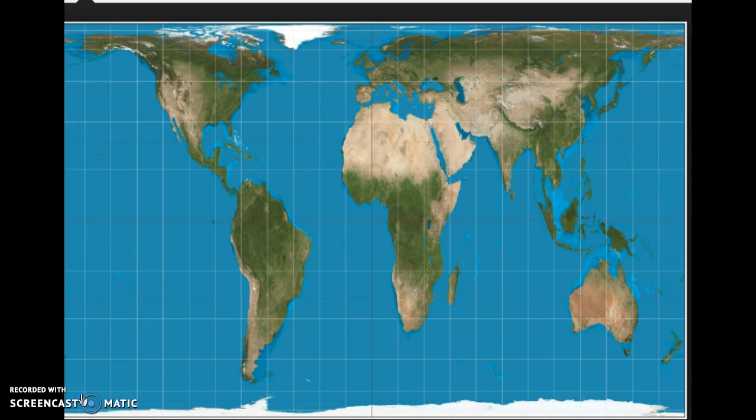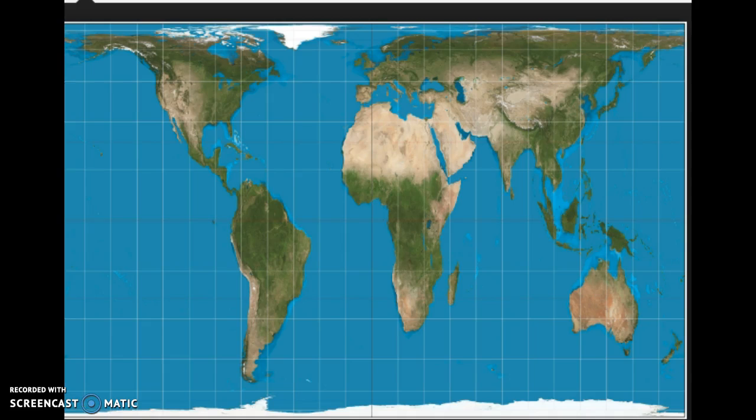The last projection I want to introduce you folks to is something known as the Peters projection. Now this one might look a little strange, it's not something we recognize, but it definitely acknowledges the sheer mass of the African continent, kind of highlighted. And there's definitely been a push for a lot of atlases and textbooks to adopt this projection. So let's pause right here and we're going to watch a little video clip that kind of pokes fun at